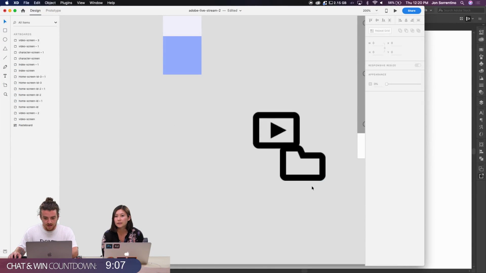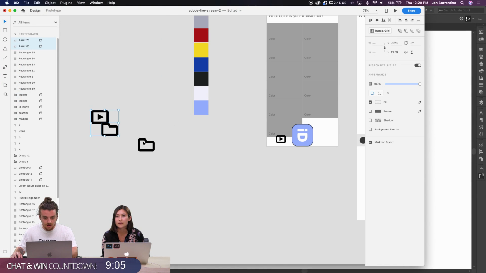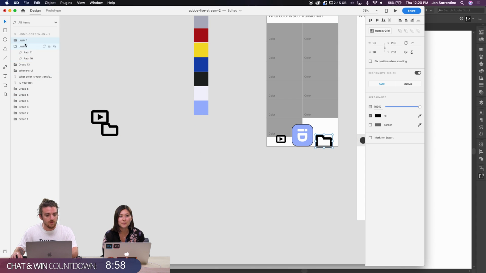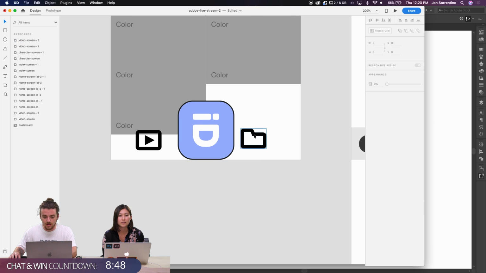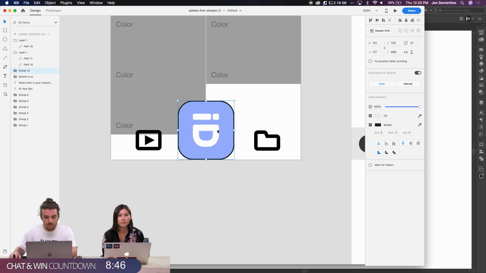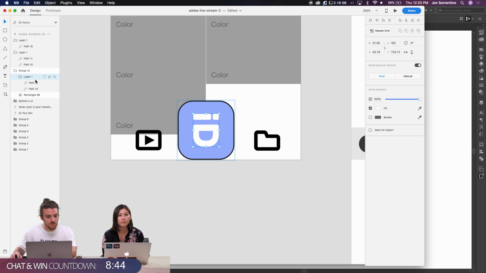Yeah, so I'm trying to get this navigation just feeling right. I'm gonna take this one as well. I realized that when you bring it in as an SVG, it's put into an extra group. So you just have to unselect that and then click through, and then you have the ability to edit it pretty freely. So here we go. Then I want to get into this one. I think I should keep that here.